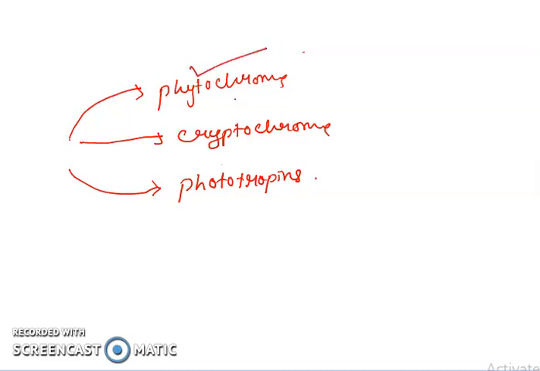What exactly is phytochrome? Phytochrome is a photomorphogenic pigment and it absorbs red and far red light, and sometimes it also absorbs blue light, and it is responsible for the photomorphogenesis of a plant, that is for proper growth and development. Phytochrome has two interconvertible forms, PR and PFR. PR means phytochrome red and PFR means phytochrome far red, and these two are interconvertible. PR absorbs at 666 nanometer and PFR absorbs at 730 nanometer.